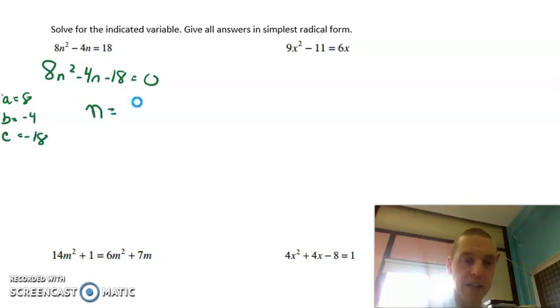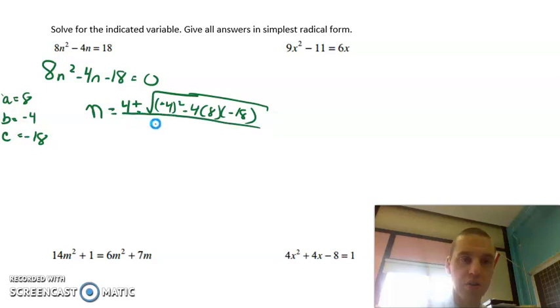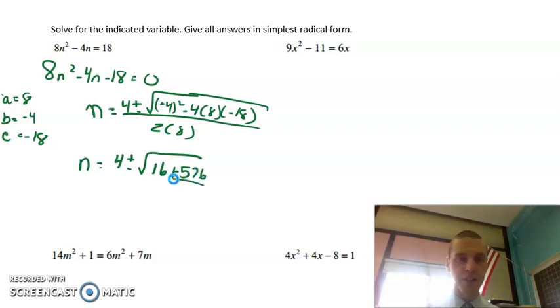I'm going to get n, it's not an x this time, n equals 4 plus or minus the square root of negative 4 squared minus 4 times 8 times negative 18 all over 2 times 8. I'm going to continue this. 4 plus or minus the square root of 16 minus 4 times 8 times negative 18. Let me go get my calculator. So you get plus 576 all over 16. Keep going, n equals 4 plus or minus the square root of